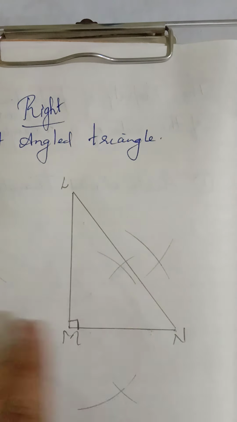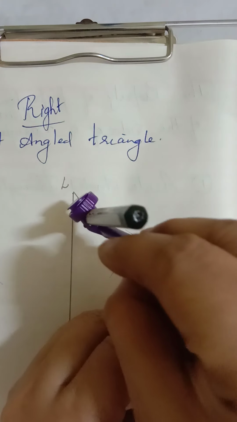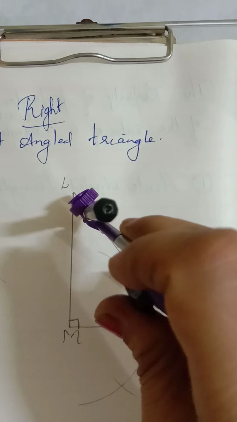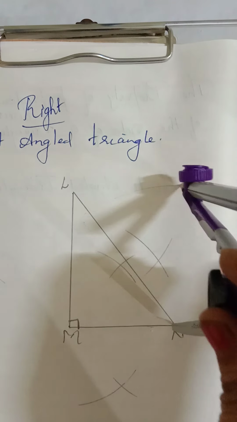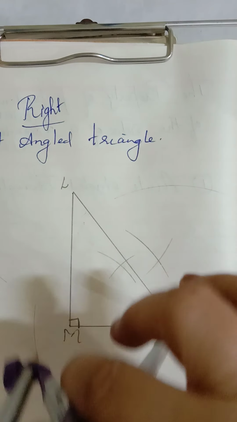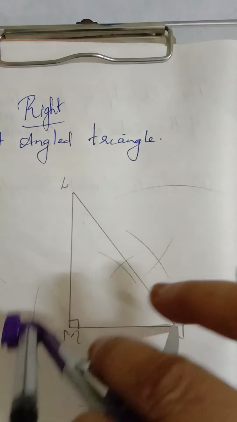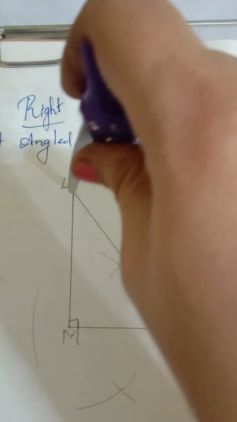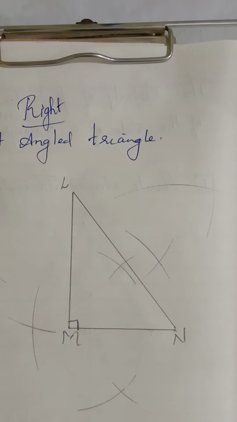Now moving to the third side, that is side LN. Again you are taking the radius more than half. For which side? Keep at the vertex N and take more than half. Clear children? Taking more than half. Now again draw one arc here, somewhere here, and one arc here. That means one up and one down. Done? Okay. Now moving, keeping the vertex of the rounder at L, draw the second arc intersecting the previous arc. See children, all the 6 intersection arcs we have got.